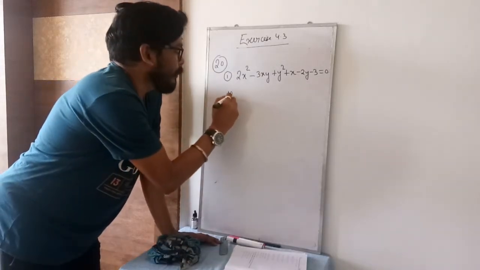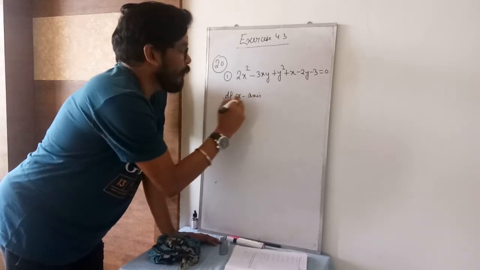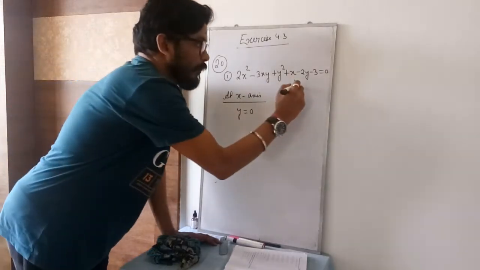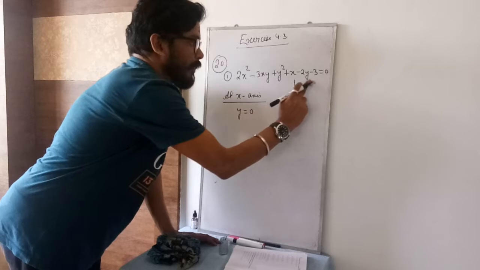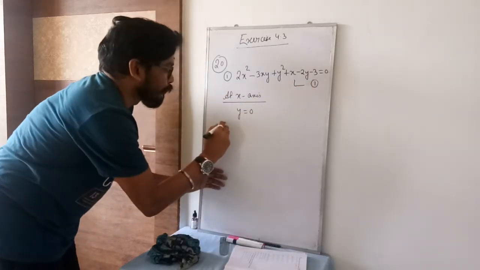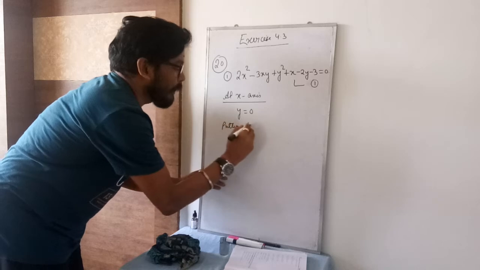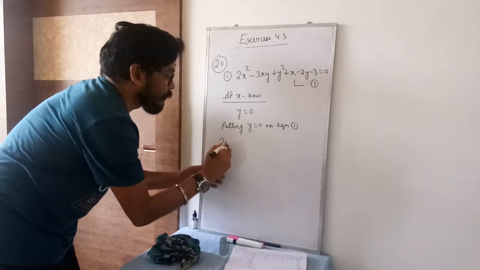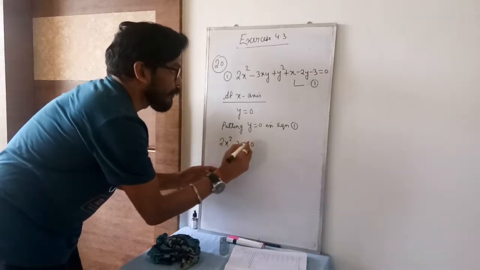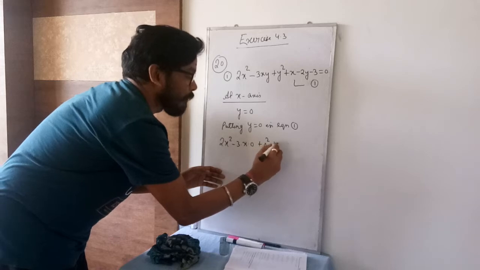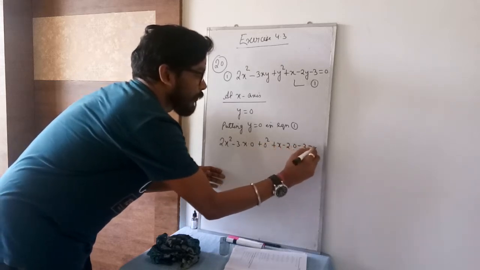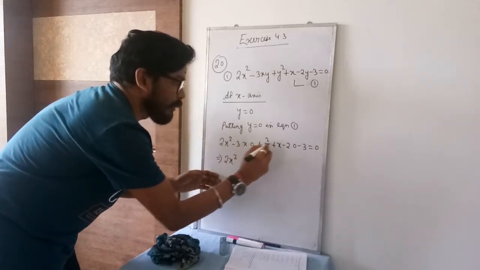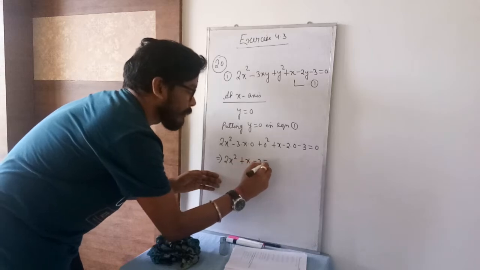So when you speak of at x-axis, y value will be 0. Now I'll put this y value in equation 1. This equation you can number it as 1. So putting y equal to 0 in equation 1. So 2x square, wherever y is there I will put 0, plus 0 square plus x, 2 into 0, minus 3. So what you got? 2x square. So this is 0, this is 0, left is x, and here it is minus 3.